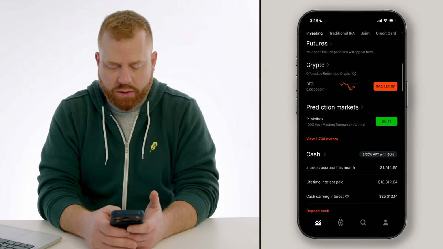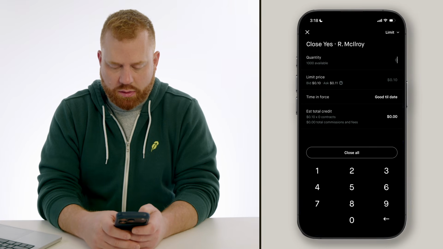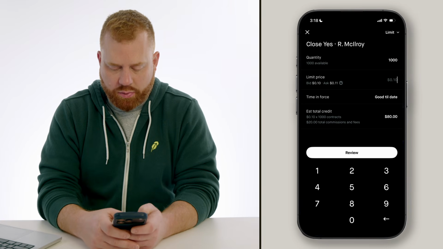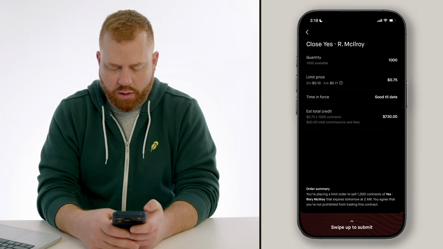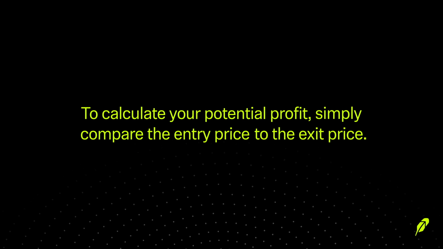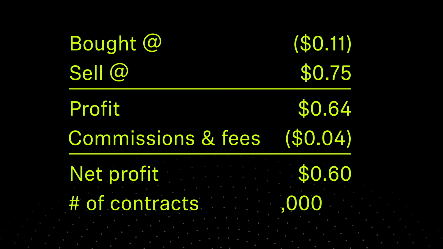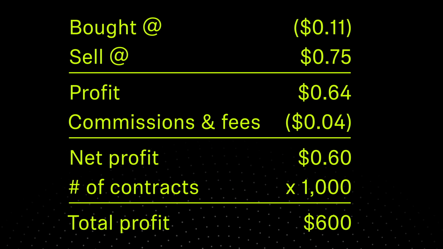The short answer is yes, you can close your positions before settlement. To do so, navigate to the Prediction Market section, tap the open position and select Close. Enter the amount of contracts and the desired price, review the order, and swipe up when you're ready to submit. To calculate your potential profit, simply compare the entry price to the exit price. In this example, we bought these at 11 cents. So if we sell them at 75, that's a 64 cent per contract gain, for a total profit of $640,